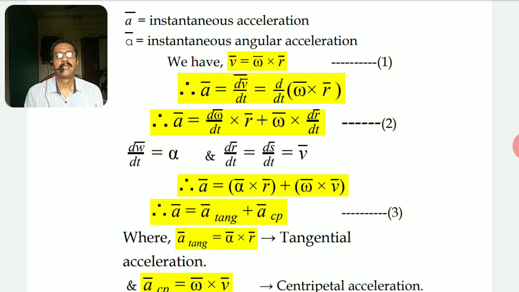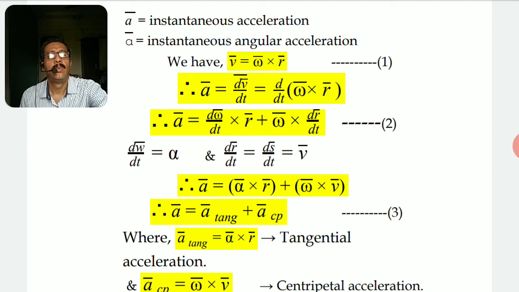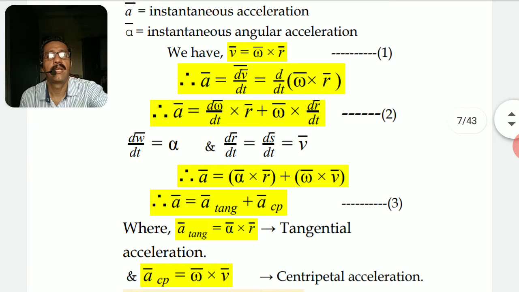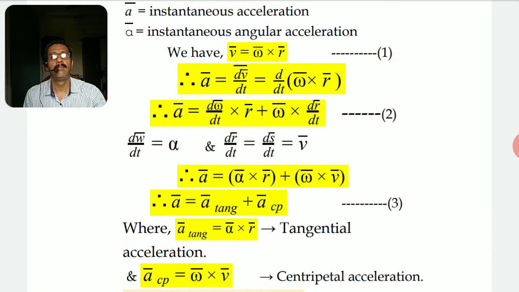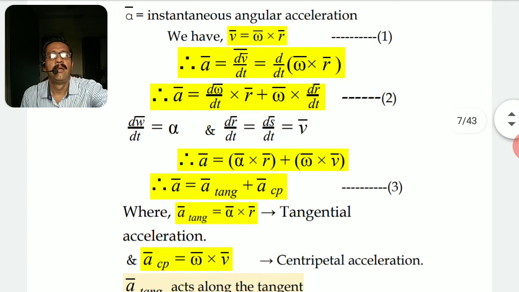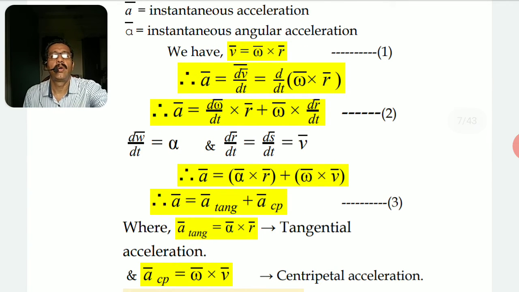As I want to find the acceleration of the particle, I'll differentiate both sides. On the right hand side, the terms are omega and r, out of which r is always going to change its direction. So with respect to time, r changes always, whereas if the particle is performing UCM, omega will remain constant, and if the particle is non-UCM, even omega will be changing. So on the right hand side, both the terms may be changing, or sometimes omega will remain constant and only r will be changing. Let's assume that the motion is non-UCM.